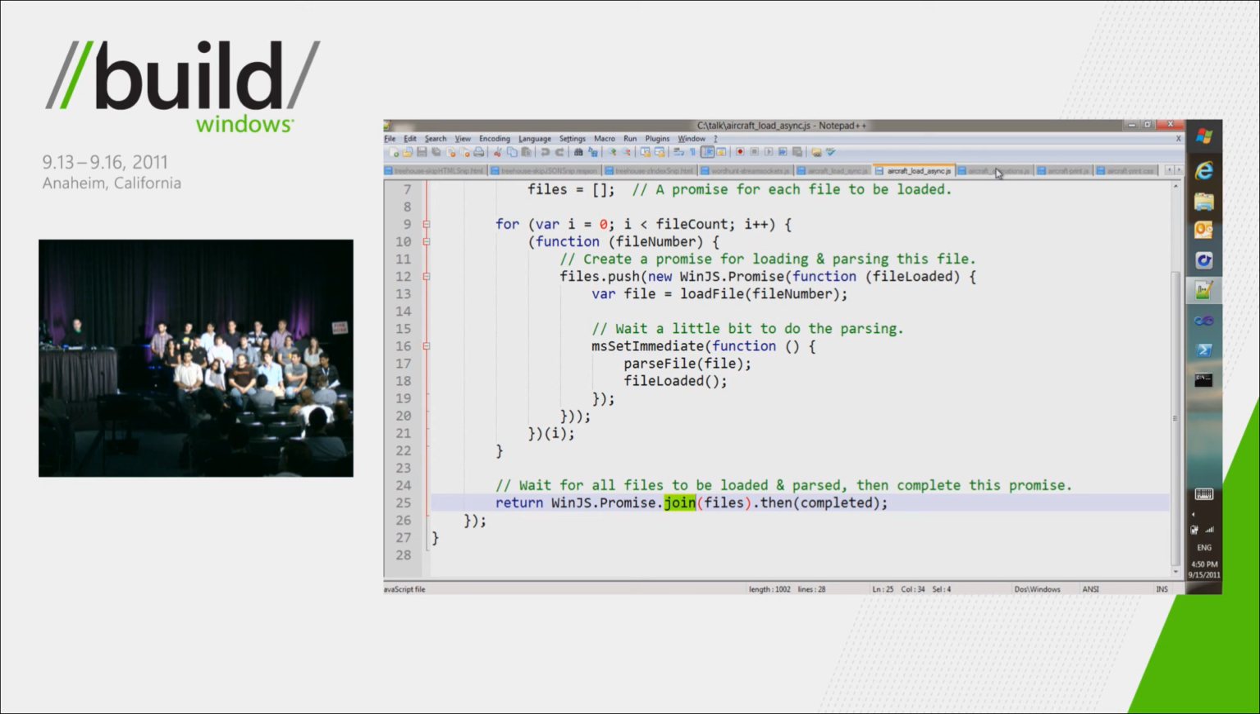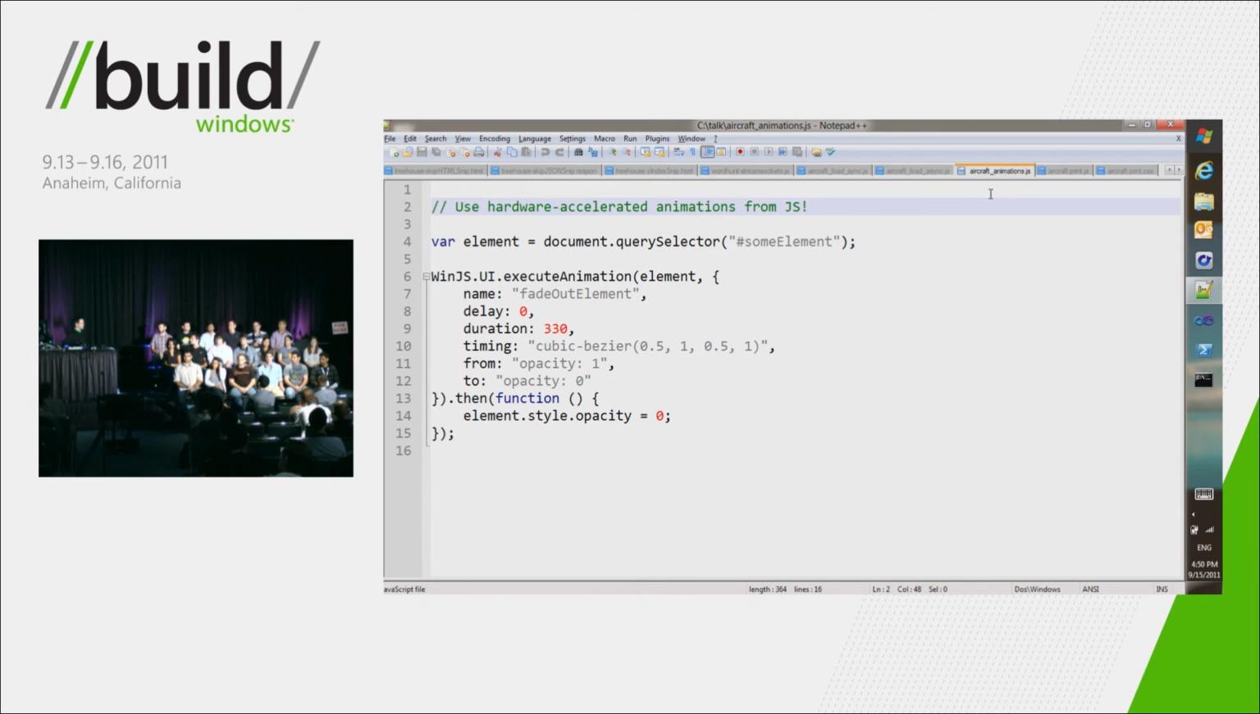Very cool. And what about some of those animations, right? Like, how did those planes move around in 3D and stuff like that? Yes. So thankfully, the Windows JavaScript libraries have an awesome set of animation utilities. And